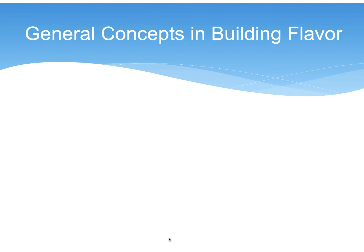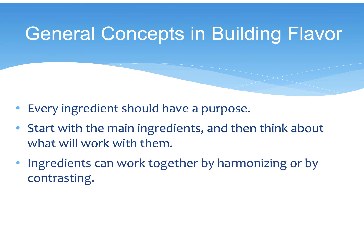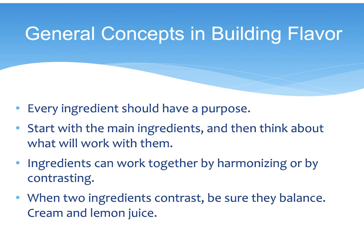Pepper. Then just talking about some of the general concepts. Every ingredient should have a purpose. Think about your main ingredients. Harmonizing and balancing. Again, I think a lot of cooks will start to add a lot of different things to